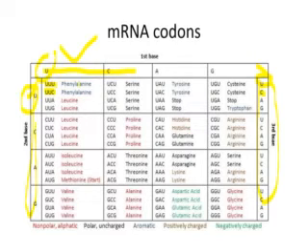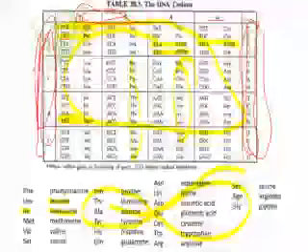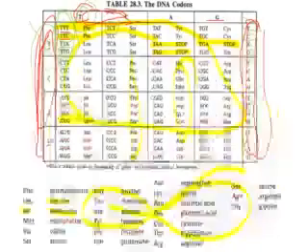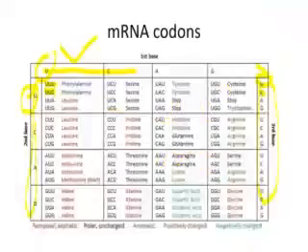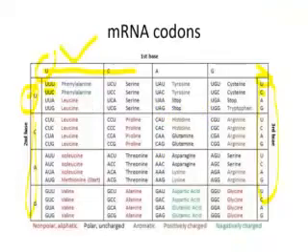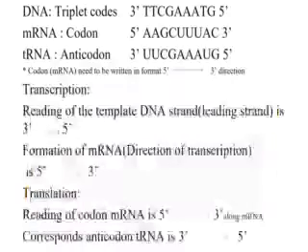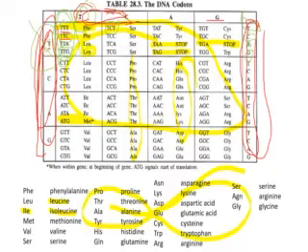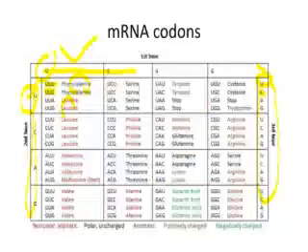So apparently, if you notice, okay, the sequence of the amino acid here between the DNA codons or triplet codes with the mRNA codons, they are the same. You have phenylalanine here with leucine. Okay, the same goes here. Phenylalanine with leucine. You notice that? It's the same. Only thing that changes is the base here from thymine to uracil. Itu yang beza dia. Lain-lain sini semua sama. All the same. Semua sama.